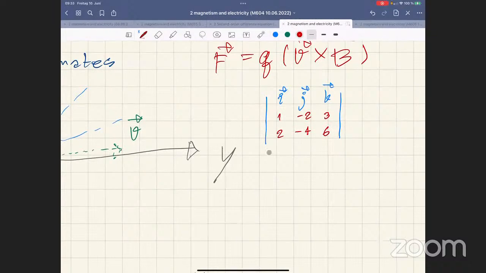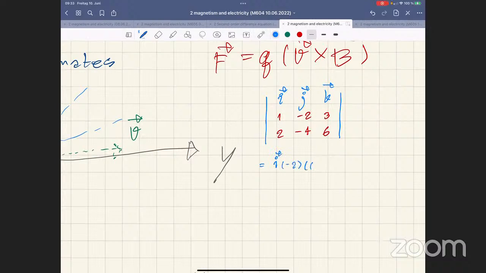Please note that the second vector points in the same direction as the first vector, but it has a different magnitude. And if you start computing the value of this determinant, you're going to get